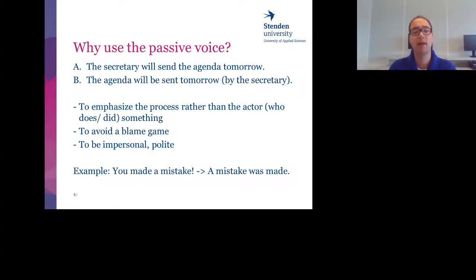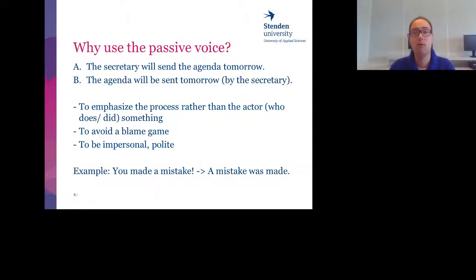"You made the mistake." However, in business communication, and in real life, you never know whether the person you talk to on the phone, or the person you email or send a letter to, even though that's more old-fashioned these days, is in fact the person who made the mistake. You don't know where things went wrong. And since you may rely on these suppliers and you want them to fix the problem, it's better to avoid the blame game and focus on the process rather than on who did it, even because in this case you